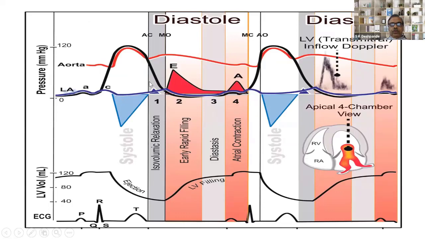Now, the same thing is described here. Blue is the systole, and this is the diastole. This is the isovolumic relaxation phase, then the early rapid filling phase. And you look at the left ventricular graph: the ventricular rapid filling, then diastasis, and the atrium makes the final filling to produce the A wave. The E wave and A wave are seen on echocardiography by the transmitral Doppler, which gives one E wave, and this is the A wave.